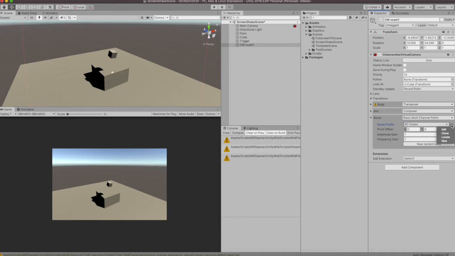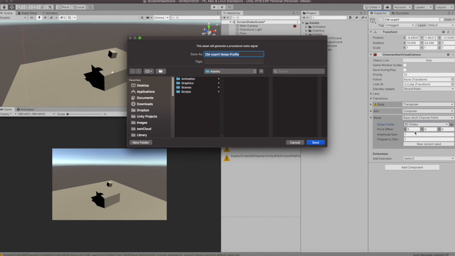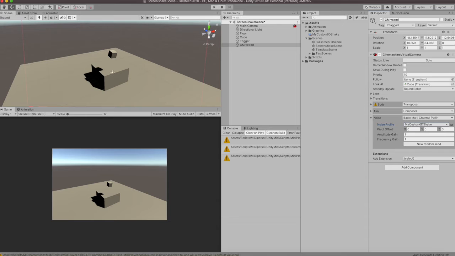I'm picking a 6D shake because it's just the coolest looking screen shake. And here I'm cloning it so I can reference it as a file. So this is a profile that will tell me in what way the camera will shake. I'm putting the amplitude and frequency on 0 because I don't want it to shake all the time. Just this amplitude and frequency is going to increase whenever